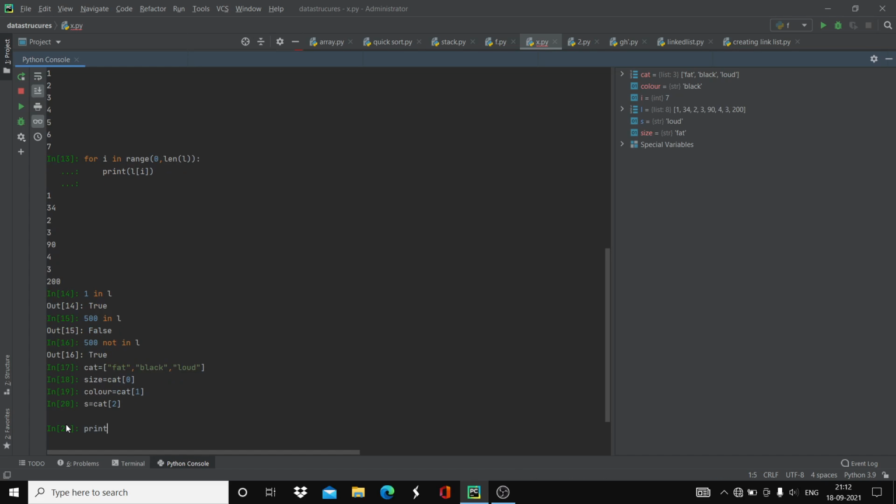If you print all the variables, size, comma, color, comma, s, it prints all the values.